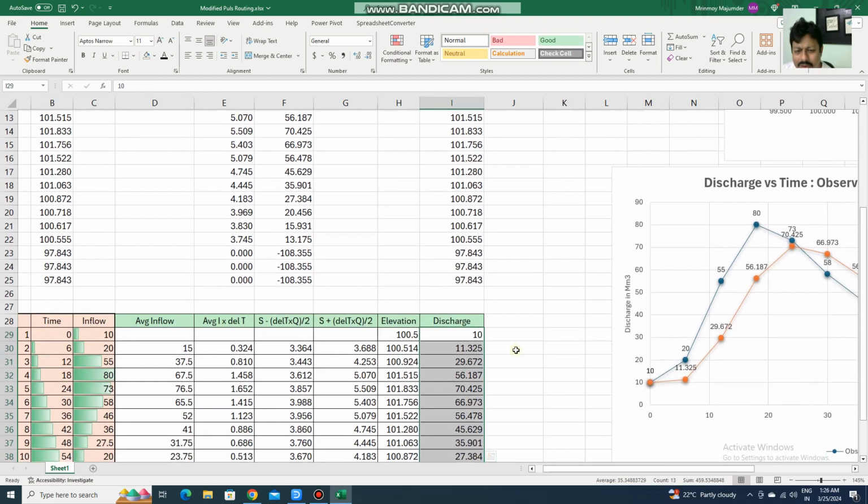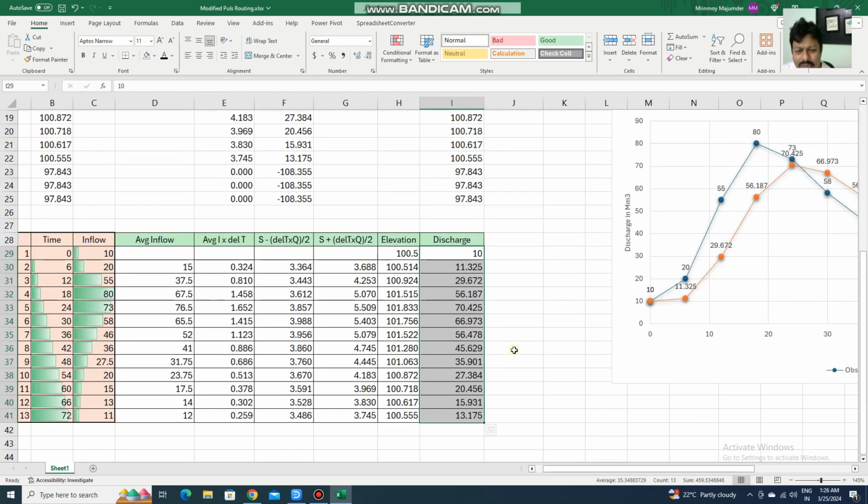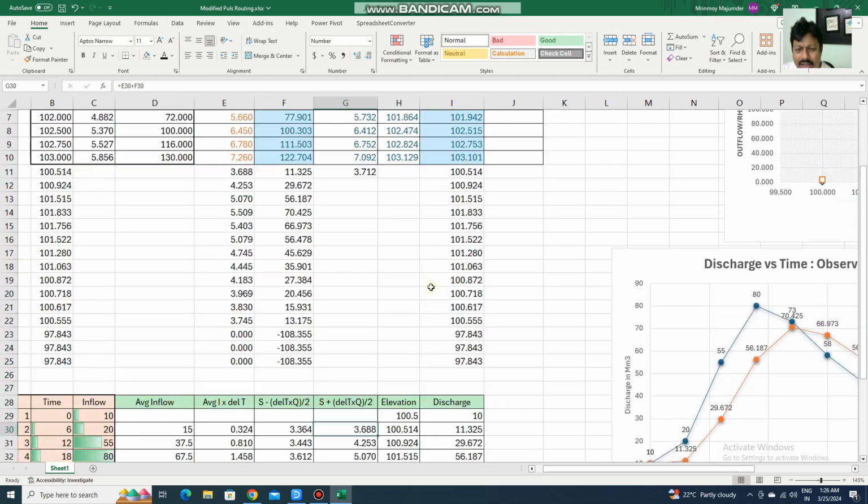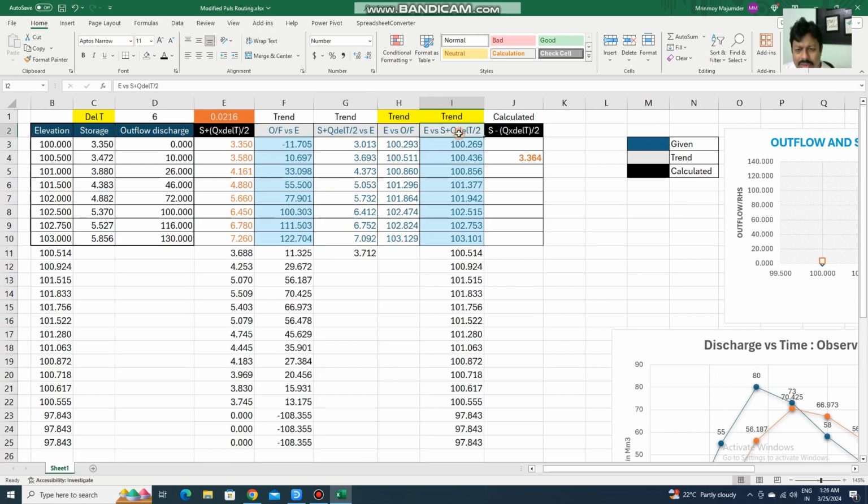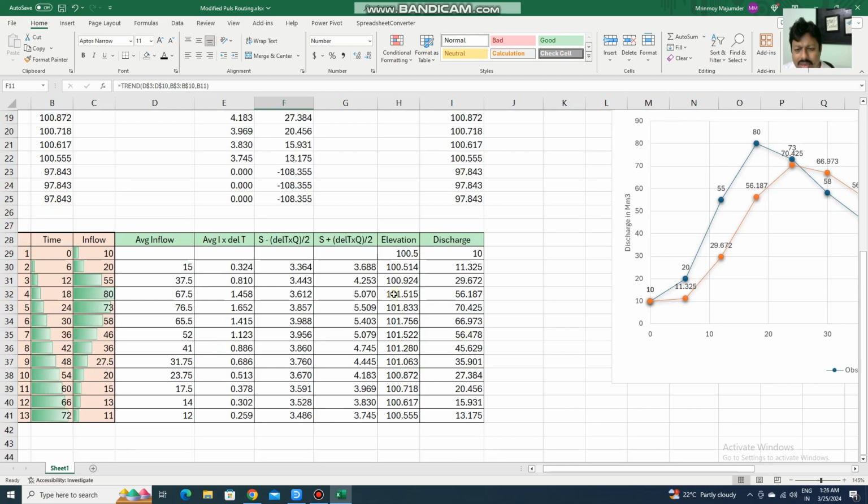What you will repeat: whenever you get this S plus del T into Q by 2, that is the RHS, and put it into the trend function of this curve, elevation versus RHS, then you will get a new elevation. Once you get the new elevation, automatically a discharge will come from this trend function of outflow versus elevation curve. So you get Q, new elevation, put it here,